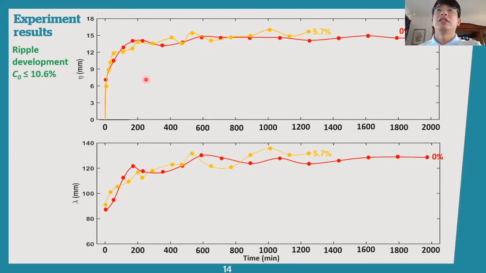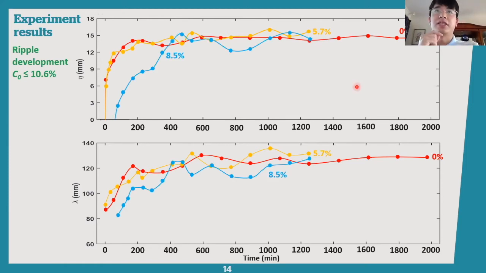For the lowest clay content of 5.7%, as shown in these yellow lines, you can see both the ripple height and wavelength development curves were quite similar to the clean sand ripples. Moreover, the final ripple height and wavelength were close to the clean sand ripples as well. With the initial clay content increased to 8.5%, as shown in these blue lines,